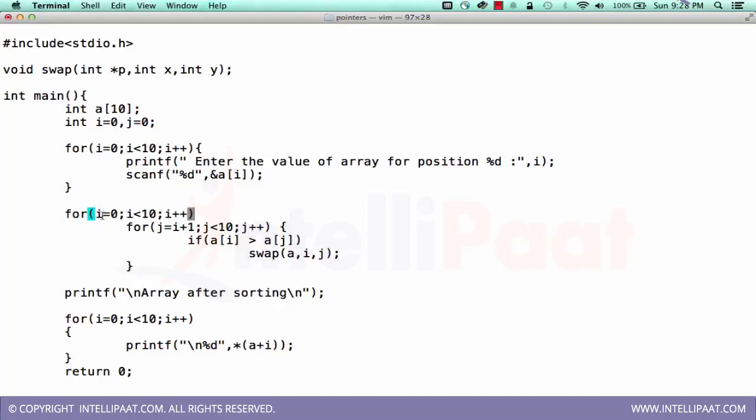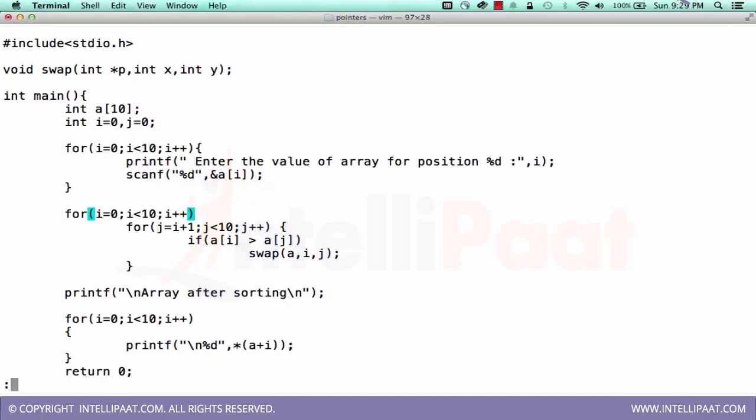That means, suppose i equal to 0, j will start from position 1 and so on, till the end of the array, and check if a[i] is greater than a[j]. If a[i] is greater than a[j], then the swap function comes into the picture, where a[i] will be swapped with a[j]. So let's